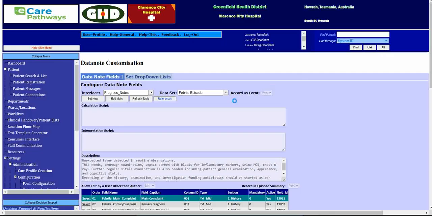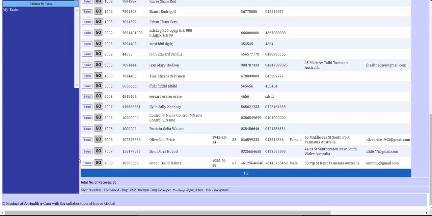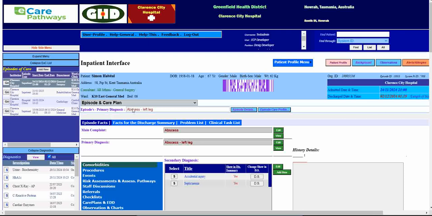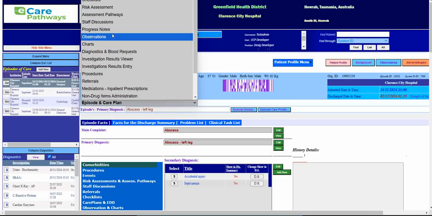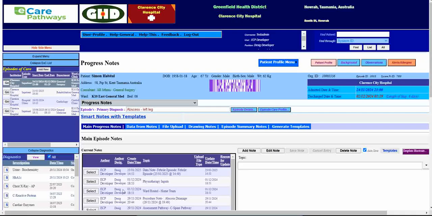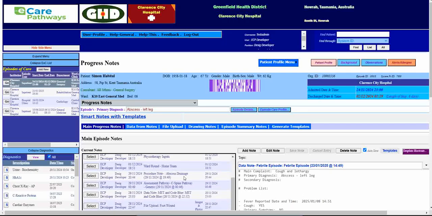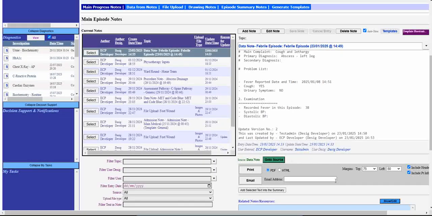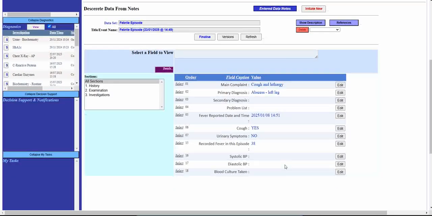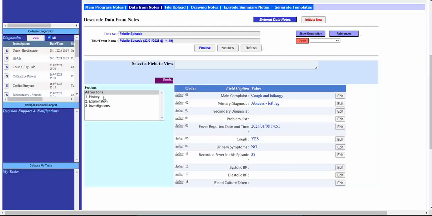So we are going back to our patient there. Our patient is Vito, and then we are going into this one. I think this is the episode that we created the progress note, and then we are going into the data node filtered episode. This one. So here we don't have anything, but if I click this one, then I'm going back to the place that we entered, which is here, and here you can see